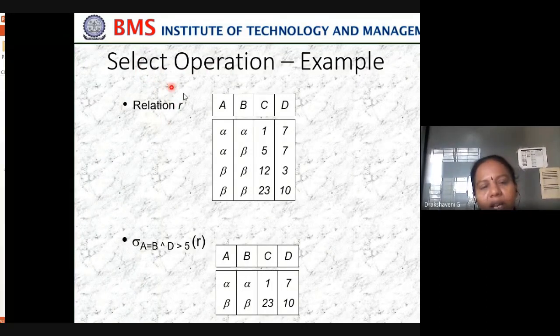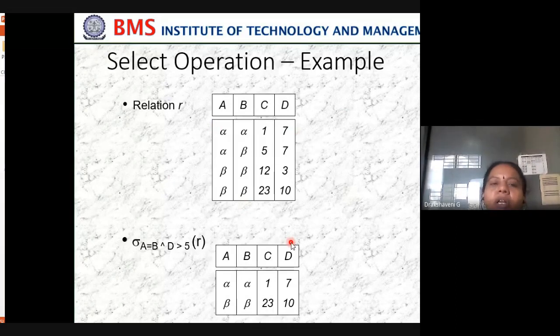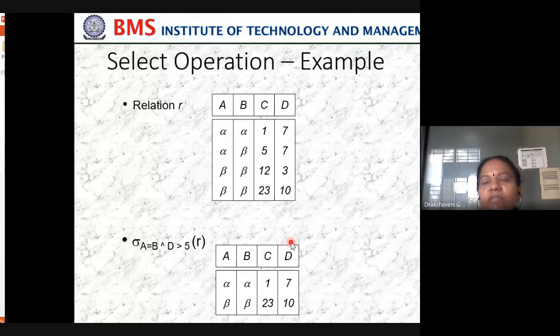We saw in the last class the relation R, which has columns A, B, C, D. What does the select operation do? Select operation will select the rows in your table, whatever type of rows you want. Suppose there are 51 students in third semester, and I want the student who got the highest marks in DBMS. I want that particular student's details, so what I get is one complete row. In such cases, you can use a select operation.